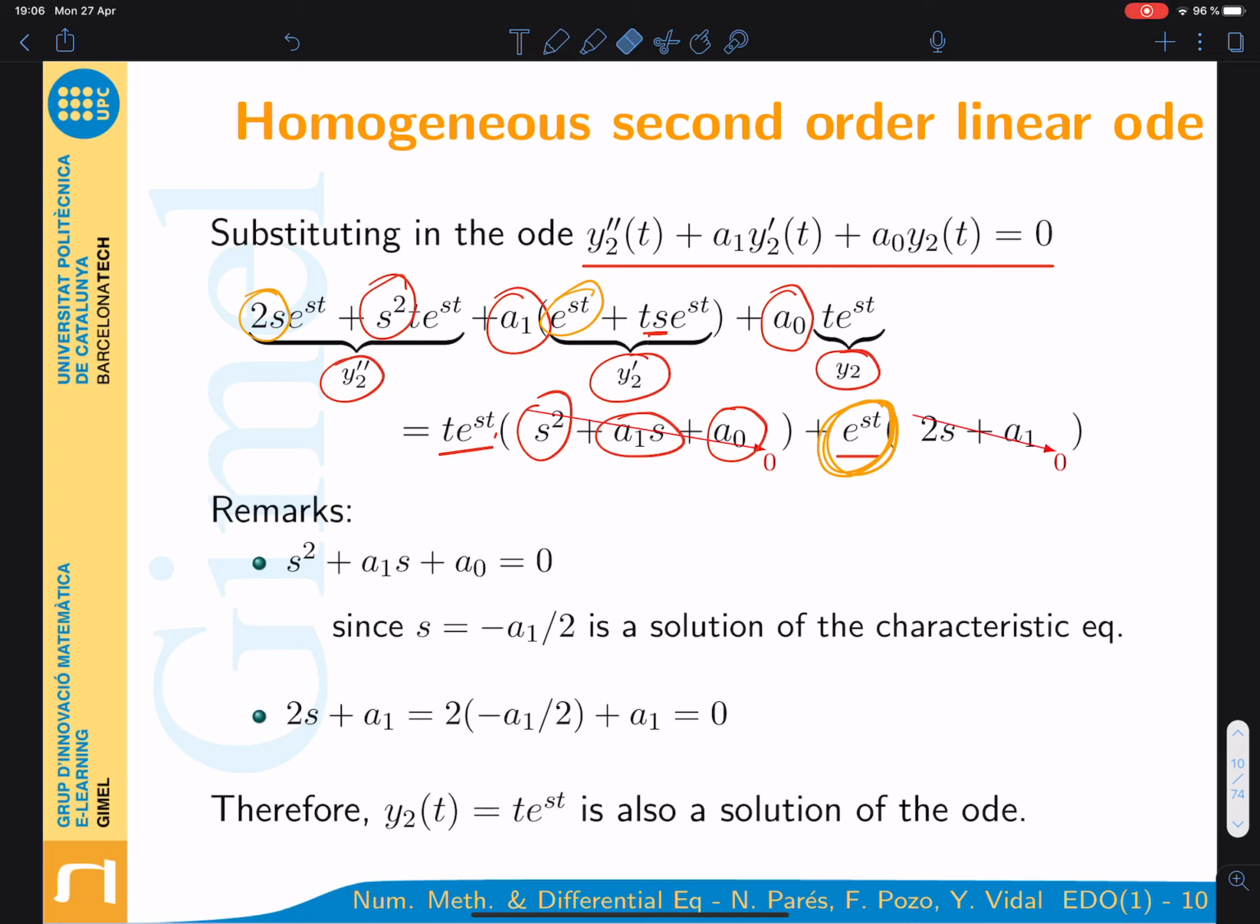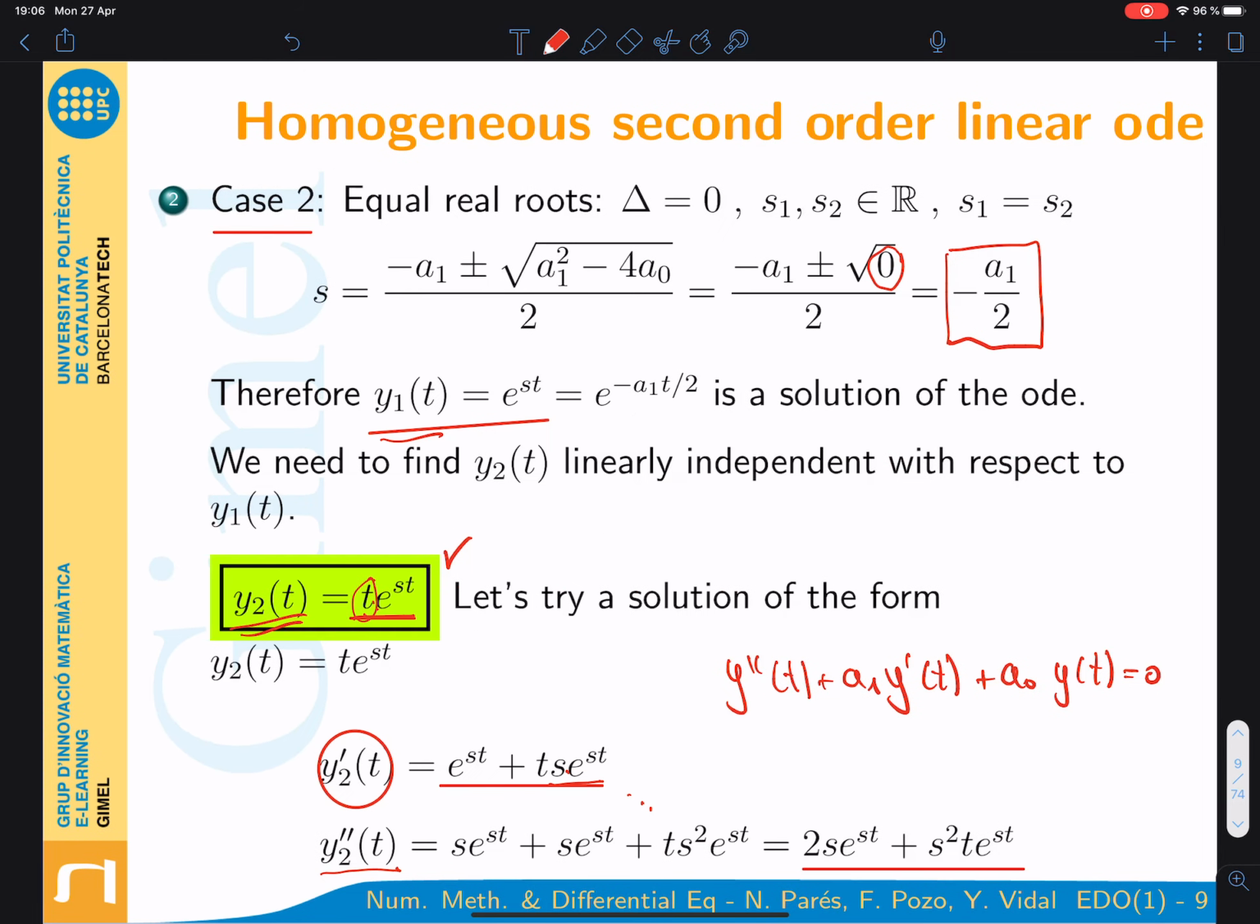Okay, now let me clear this. And what we can see here is that we know that this is 0 because this is the characteristic equation. As s is solution of the characteristic equation, this must be 0. And we also know that this is 0. How do we know that? Well, because, let